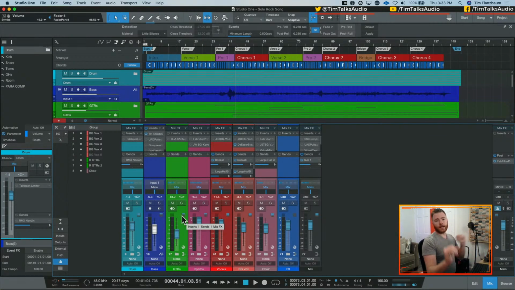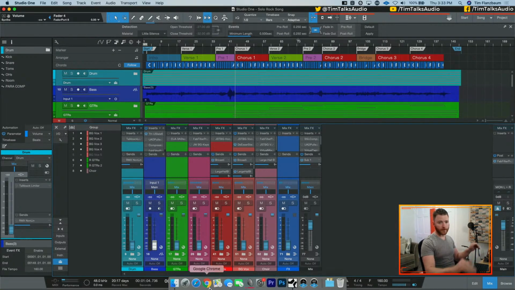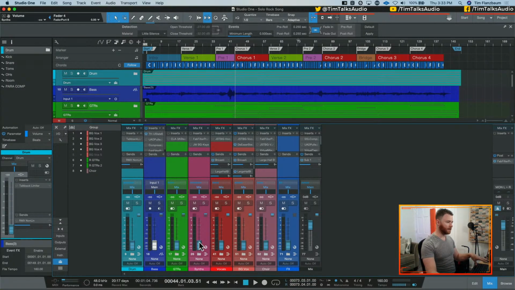If you want everything to be back at 0, well, this guy's at +6, this guy's at +1. If I was going to command click on this fader, which is underneath 0, it would put this one to 0, but it would also bring everything else up proportionally because it was underneath 0. If I want everything at 0, it's just an extra step. Take any fader, slam everybody down, and then